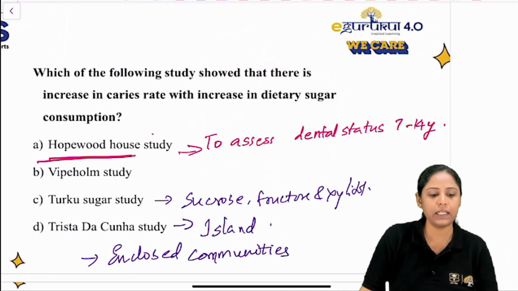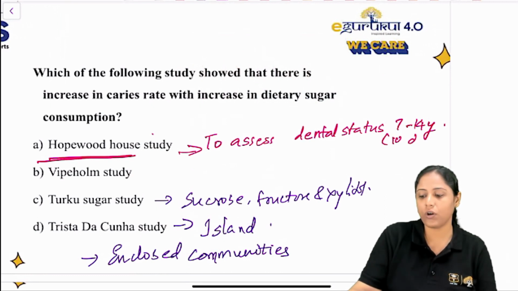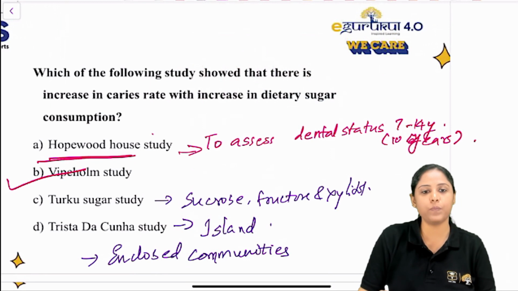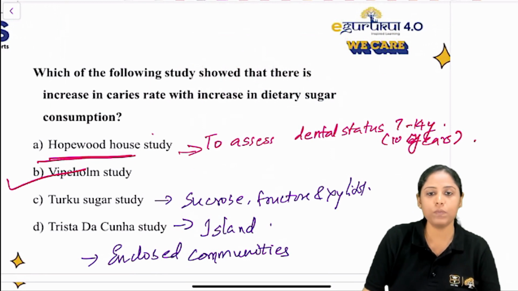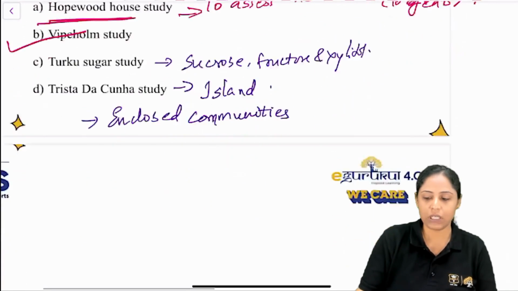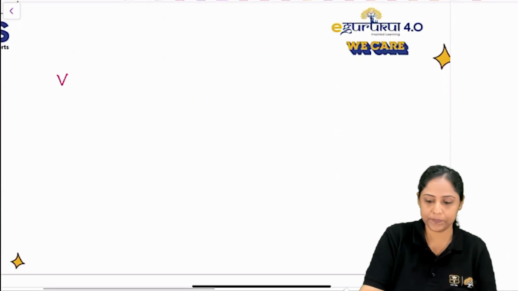This was done in New South Wales, and it was conducted longitudinally for 10 years. So that means the right choice is choice B, that is the Vipeholm study. So coming to the Vipeholm study,